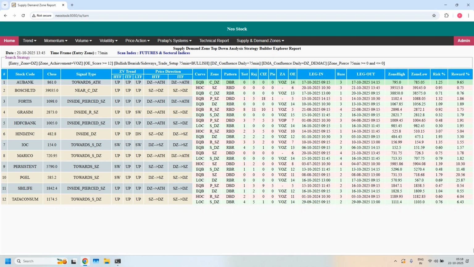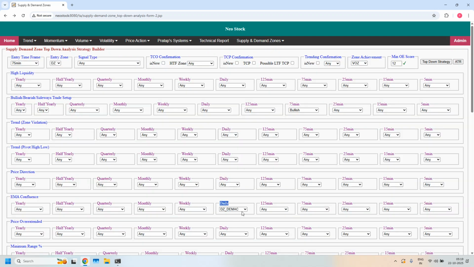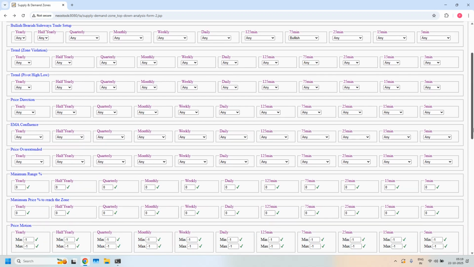Okay, these are the high probability trade setup 75 minutes demand zones based on the first strategy. Next we will filter based on the second strategy, that is LTF, ITF, HTF, all the three demand zone confluence, and then HTF demand zone with HTF EMA confluence. Let's apply that filter. So I am going back, removing ITF EMA filter,